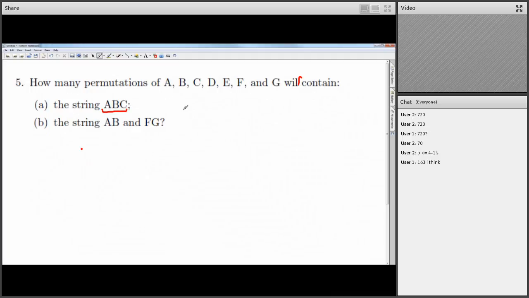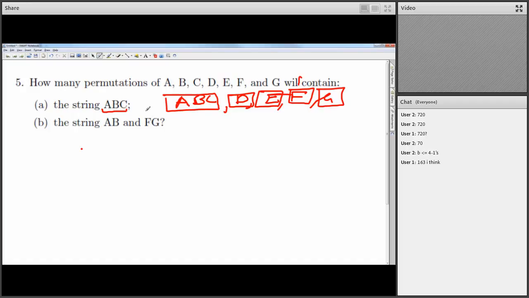The way to approach this question is pretty much to group things together. ABC really is just considered as one big group. And then the other letters, D, E, F and G, are really their own groups by themselves. So that's my groups, and now that I've got my groups, I want to order them. How many groups do I have? Well, I've got 5 of them. So I want to order my 5 different groups. How many different ways are there of ordering 5 groups? What do you guys reckon?